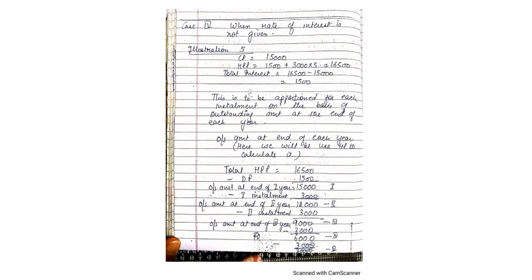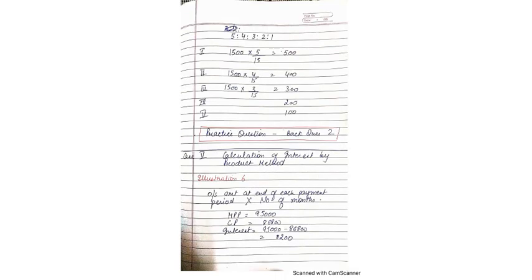At the end of first year we will pay one installment of 3,000. So we will be left with 12,000, which will be the outstanding amount at the end of second year. Similarly, after deducting second installment, 9,000 would be the outstanding amount at the end of third year. Similarly, 6,000 at the end of 4th year and 3,000 at the end of 5th year. So we will make ratio of 15, 12, 9, 6 and 3. So in this ratio, we are going to divide our total interest of 1,500.